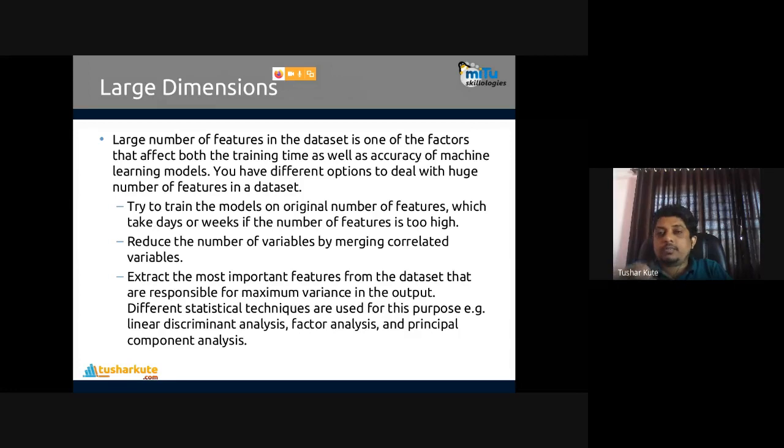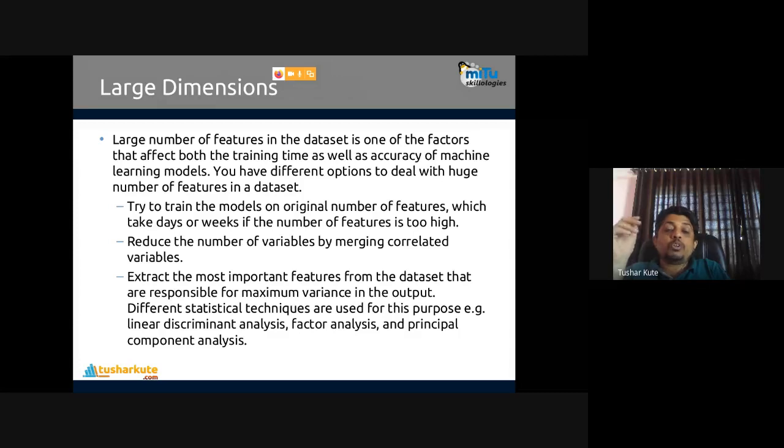Are they related? Yes, they are correlated to each other. Age is calculated from date of birth. So keep any one of them or delete one of them. They are correlated, so you can merge or you can delete. So the number of dimensions will be reduced.